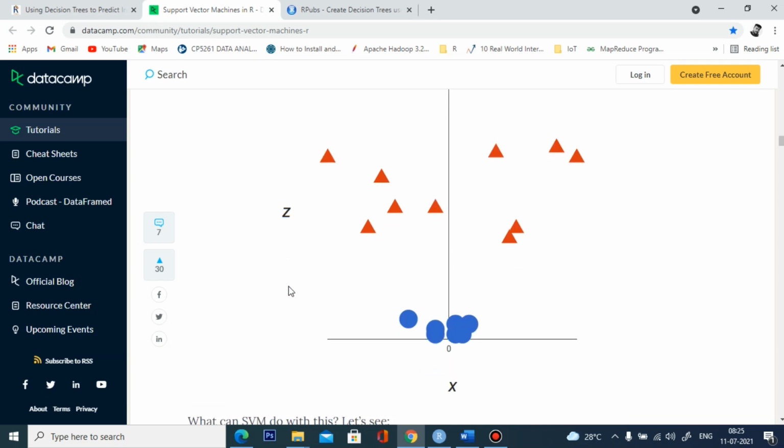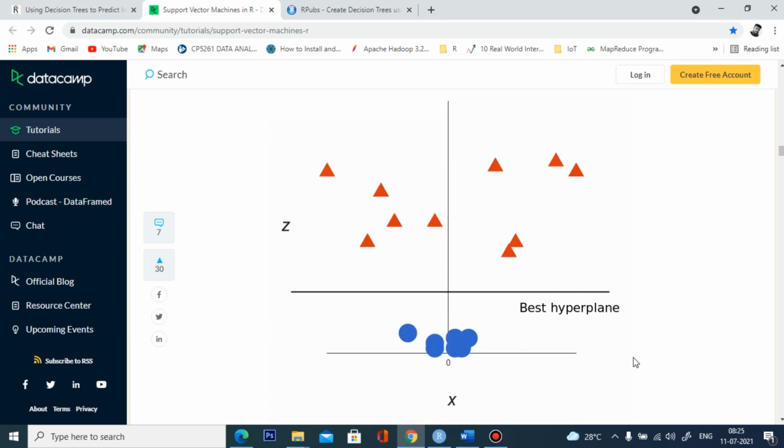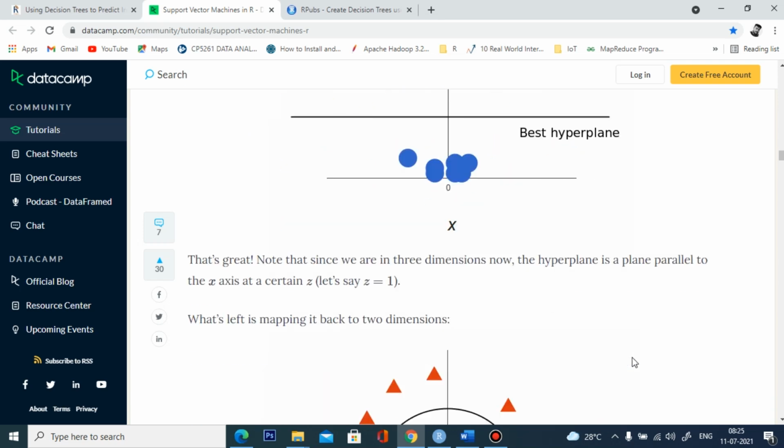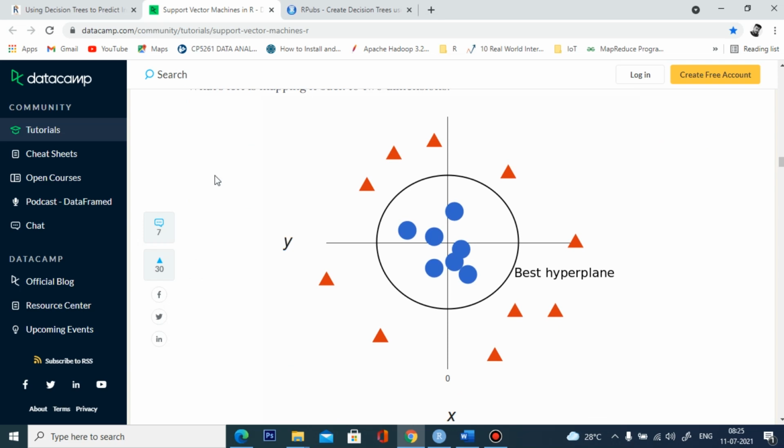So we can draw a plane with the third dimension. This is the best hyperplane. That's the way we use the support vector machine to classify linear data as well as non-linear data, separating the blue circles from the red triangles.